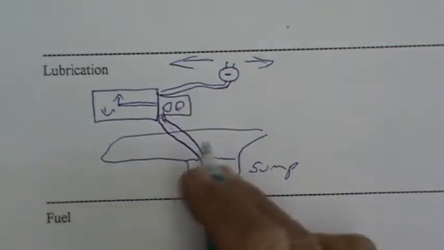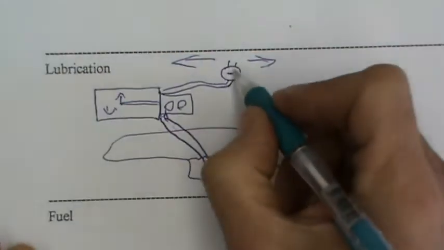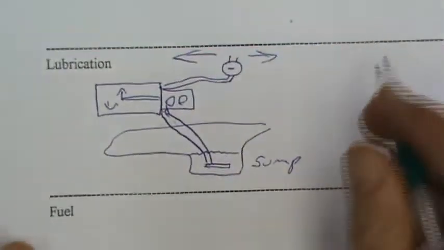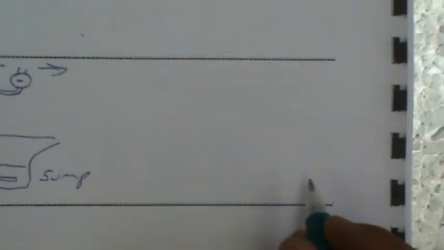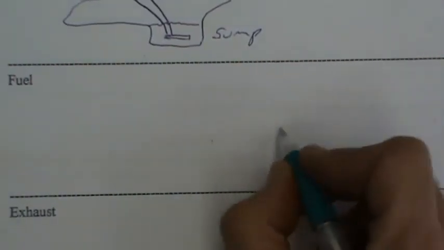So that's our lubrication system, and after this switch it's pumped up to the head and all through your main bearings and through the whole motor. So that's enough information for the lubrication system. Our fuel system, pretty straightforward. We'll have a fuel tank,